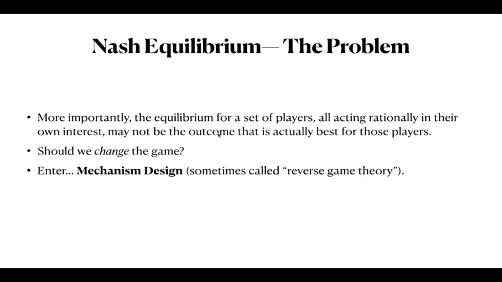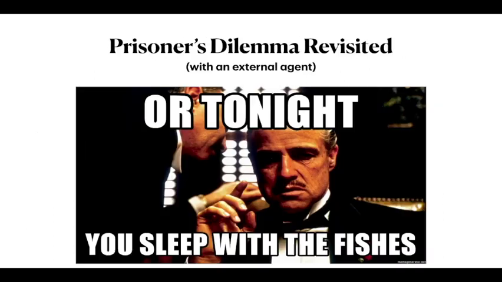And that is the intuition behind mechanism design, what is sometimes also known as reverse game theory, wherein you try to design rules that will give you the behavior you want to see, rather than trying to come up with strategies in the game that is given to you. So let's try to revisit the same prisoner's dilemma, which did not give us the optimal outcome that we would like, and let's see how we can change it.